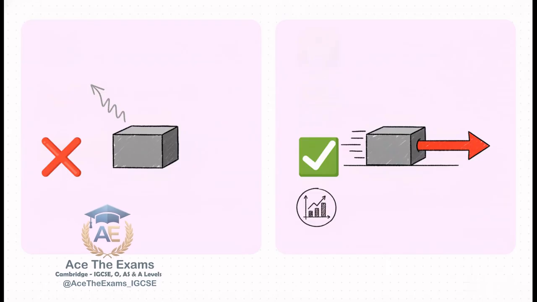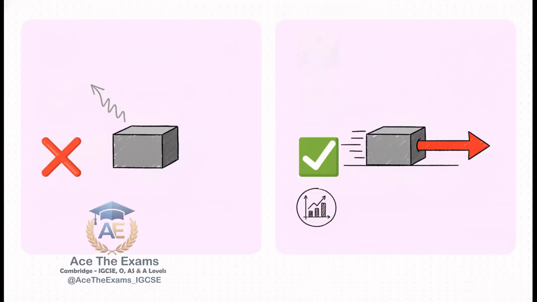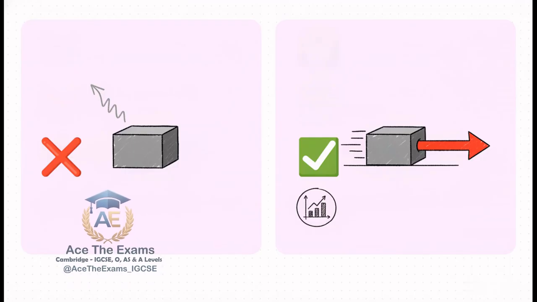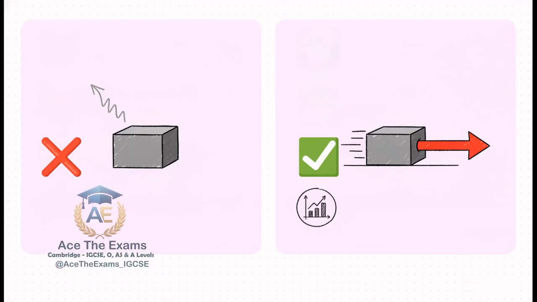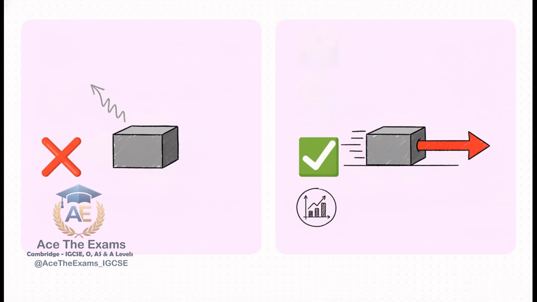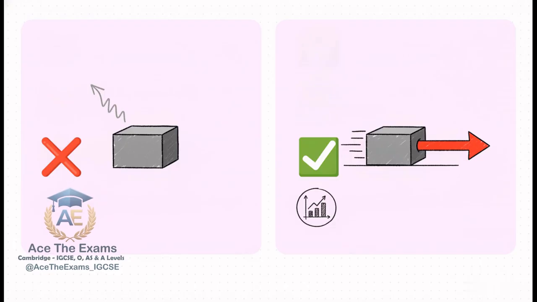Now the exam-safe, top-tier answer states the resultant force is 15 newtons to the right, causing the object to accelerate, and naturally references F equals ma. This answer does it all. It hits the magnitude, the unit, the direction, and provides the scientific reasoning for what that force is actually doing